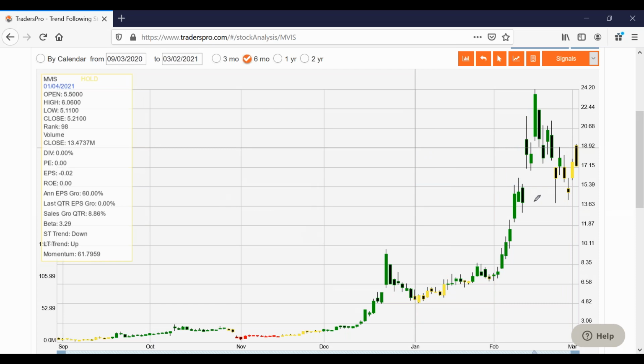But if you go all the way back to the retracements class, stocks will tend to retrace about 50% of their moves. Well, that would be the area where it found support, about 50% of that rally right there. So that'd be the area where you would expect it to pull back to, and so far it's looking like it did. I just don't like that it gapped up today and it's trading lower. It's at the lows of the day. That's kind of a bearish reversal day right there.